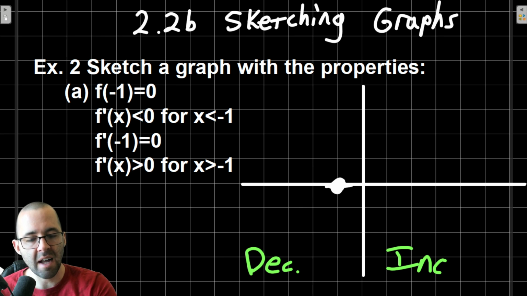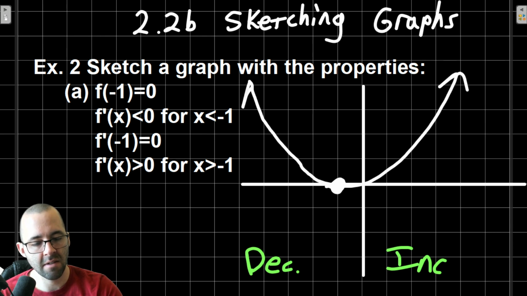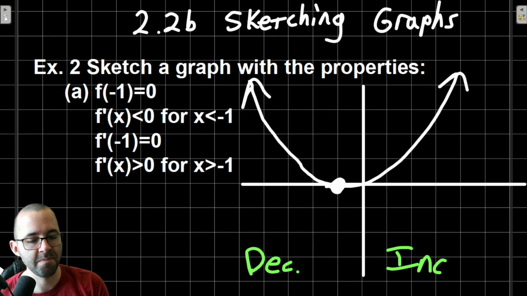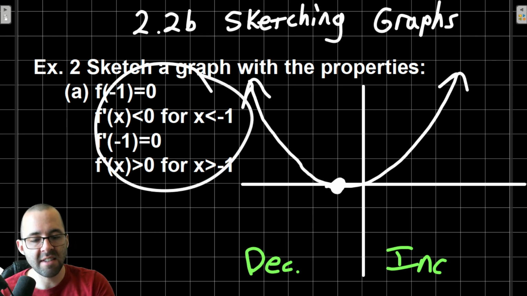So as we come in from the left, we should be decreasing. As we hit this point, we should be about flat. As we go to the right, we should be increasing. So maybe it looks something like this. Decreasing, kind of flat, increasing. That could work. Once you give your graph, double check, go through all of these things again and see that